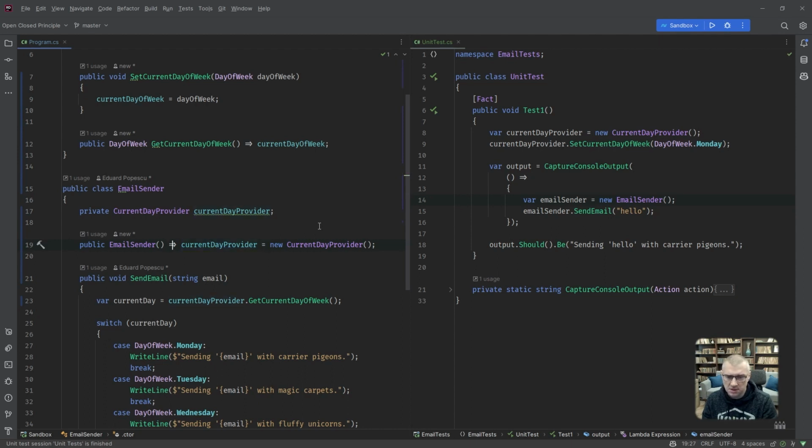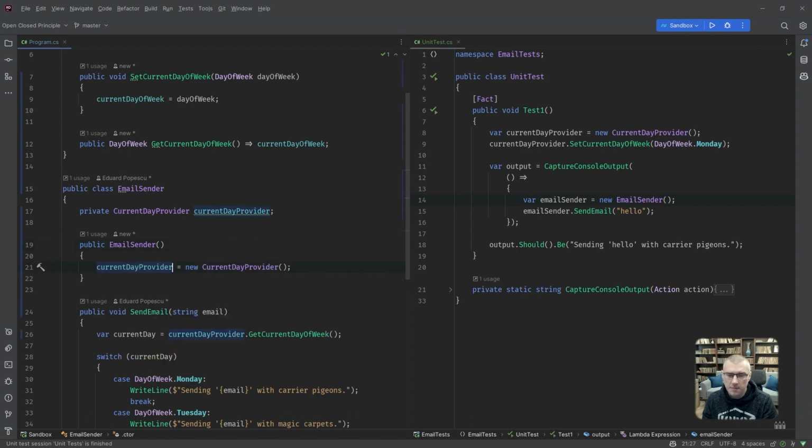Why does it do that? Oh, come on. Oh, I'm stupid. Introduce parameter. That's what I wanted to do. Current day provider. Bam. Okay. This can be made read-only. Okay, fine.